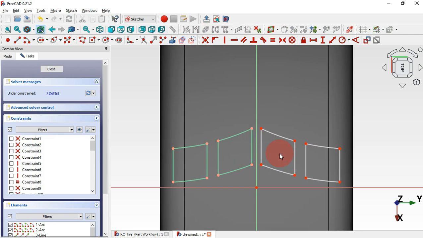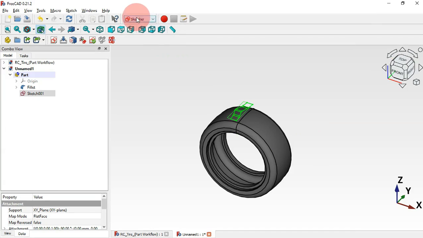As you can see, the next thing to do is to apply a symmetrical constraint here. Let's do that. Let's select the symmetrical constraint, and now these 2 endpoints and this vertical axis. Okay, and next we can select the equal constraint and make these 2 lines equal, and next this line here and this line equal. Okay, now we can leave the sketch here, skip 2 times, and let's go to the part